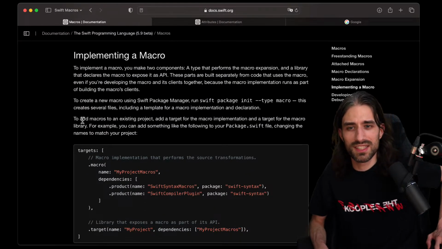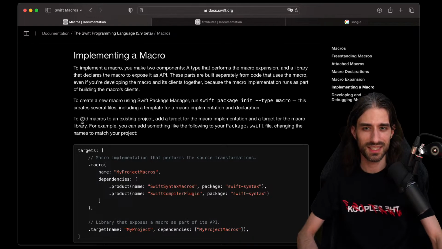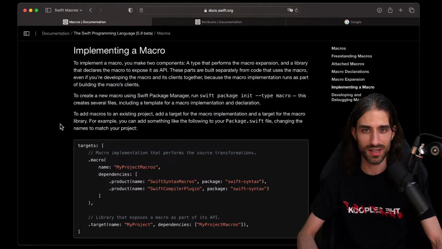Okay, we're getting into the more complicated part. And definitely we can see that the hard part about macros is not as much using them or understanding how they work, but rather implementing them. So interesting that there isn't a command in Xcode to create a macro, because you need to init the package.